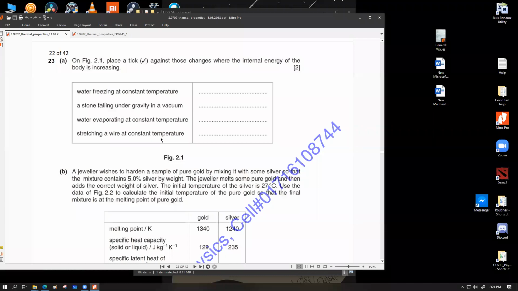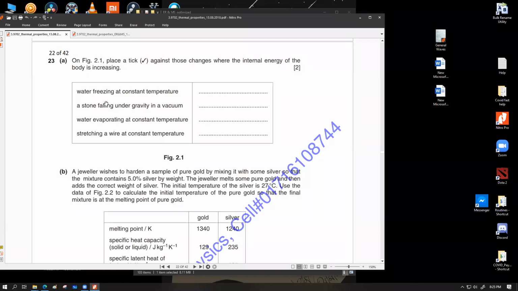Okay, so in which cases is the internal energy of the body increasing? Internal energy of the body can increase either by the increase of potential energy or increase of separation, or by the increase of temperature, where the object's temperature goes higher. It can happen either of them, or both of them simultaneously, but at least one of them has to increase. Either it has to absorb heat or undergo increased molecular separation.